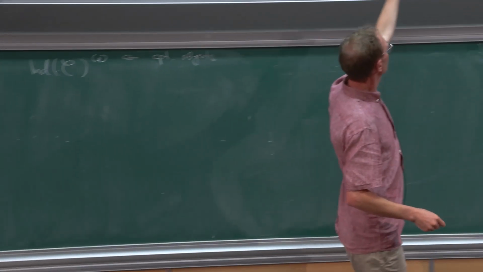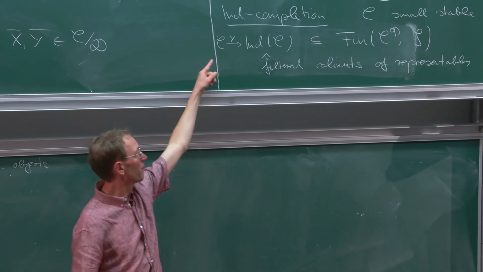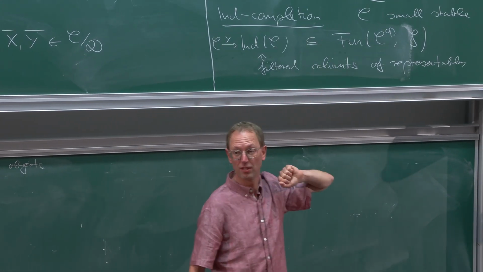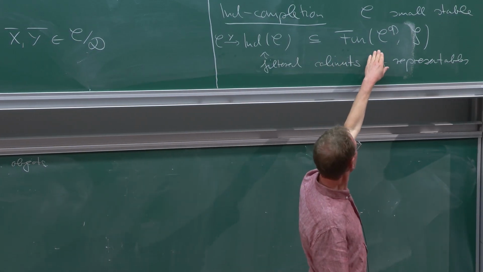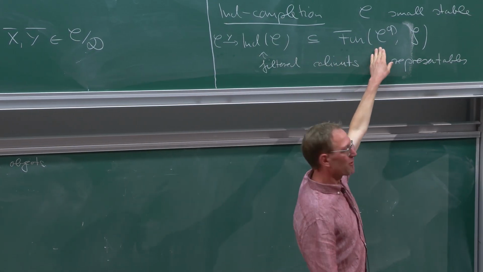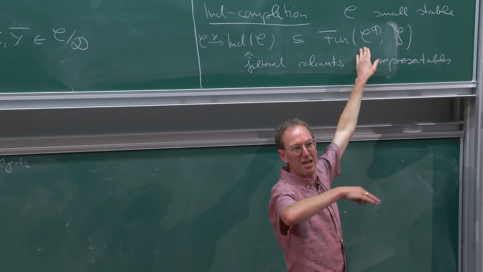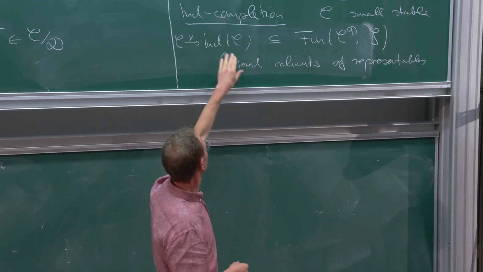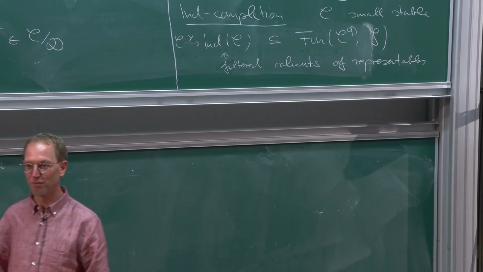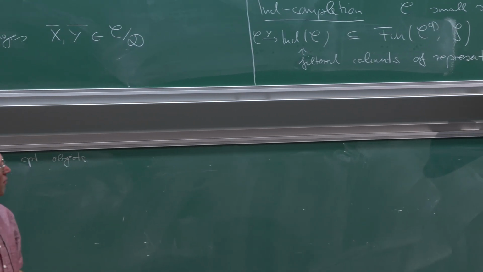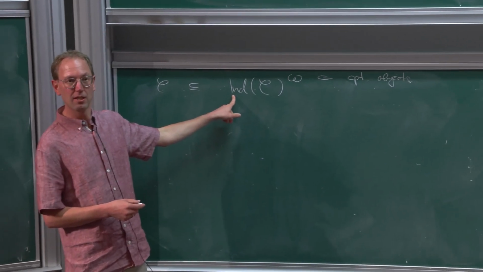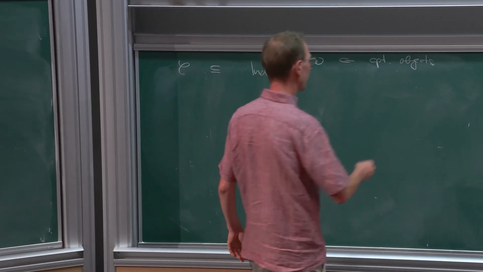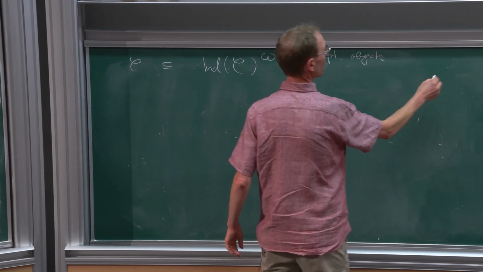So yeah, you just check this by checking the formula for mapping spaces in the functor category here. Somehow the objects of C, mapping out of them commutes with arbitrary colimits in this category, and in this category it still commutes with filtered colimits. So these are compact, but in general this will not be an equivalence.